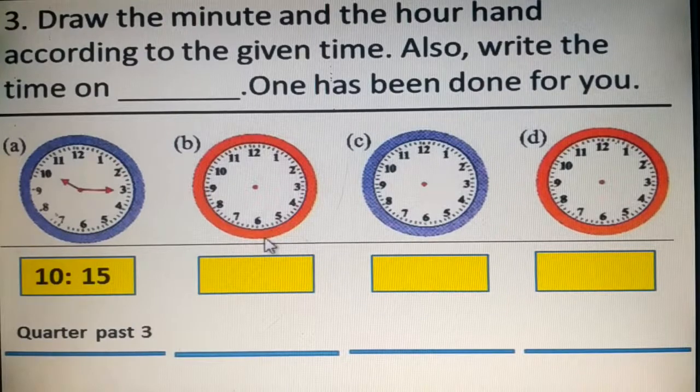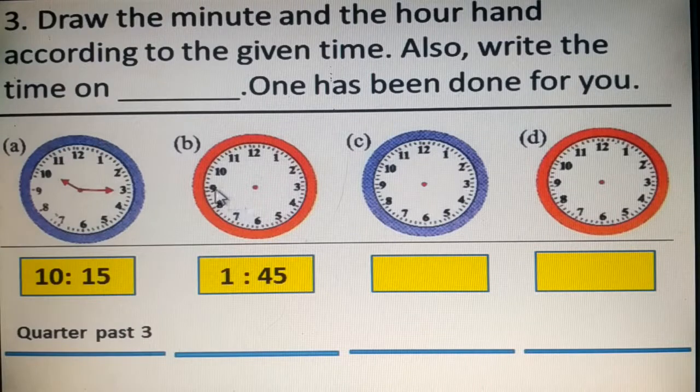In this one, the time is given, that is 1:45. According to 1:45, you have to draw the hands and write the time here also. So the time is 1:45. When the time is 1:45, it can also be read as quarter to 2. 1:45 means, in the clock, the hour hand has crossed 1 and is near to 2,